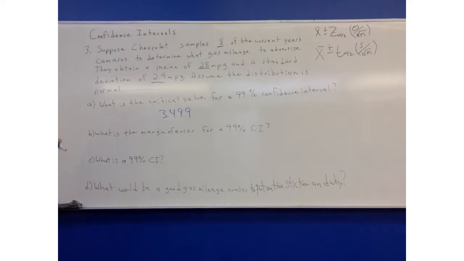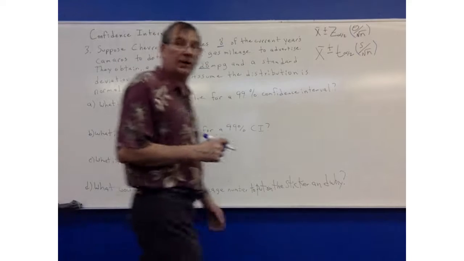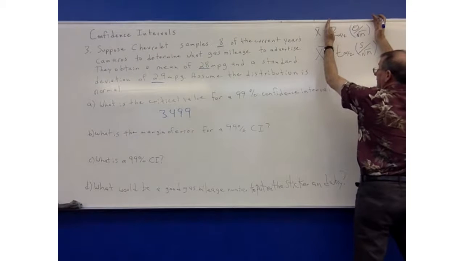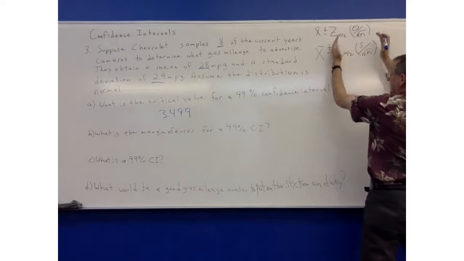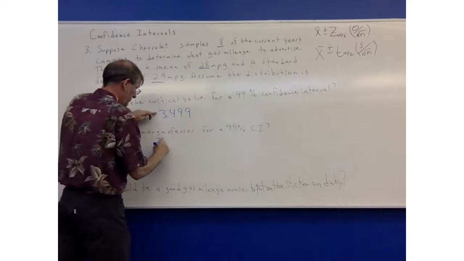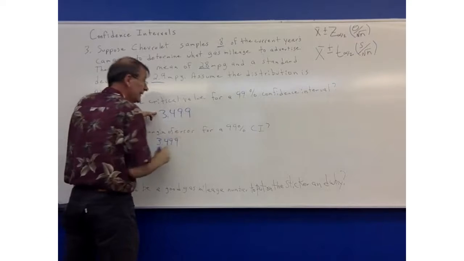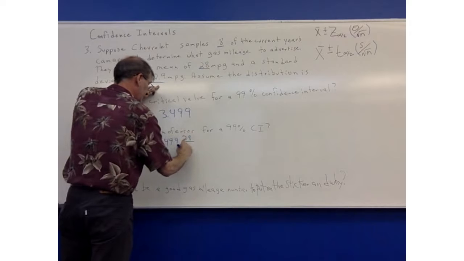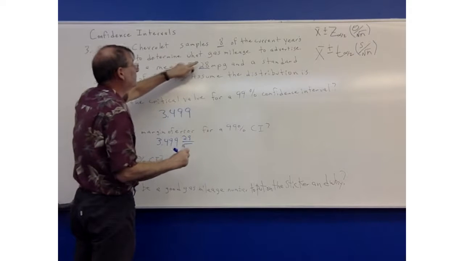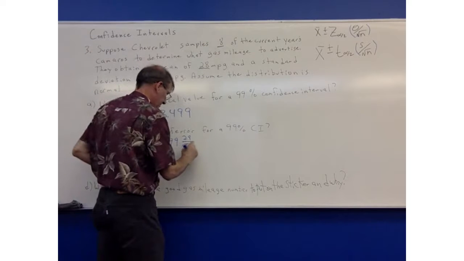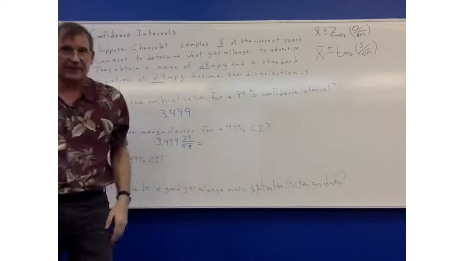Okay, what is the margin of error? The margin of error is this right here. Just like it was for the Z confidence interval, for the T confidence interval, it's the same piece. So we write 3.499 times the standard deviation of 2.9 over the square root of N, which is 8. Okay, so if we type that in,